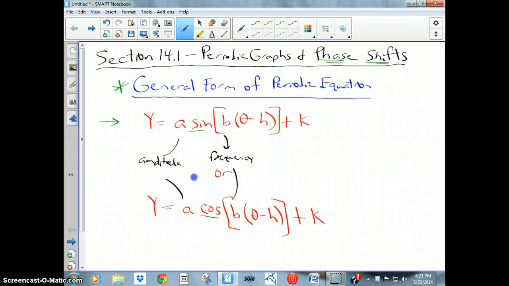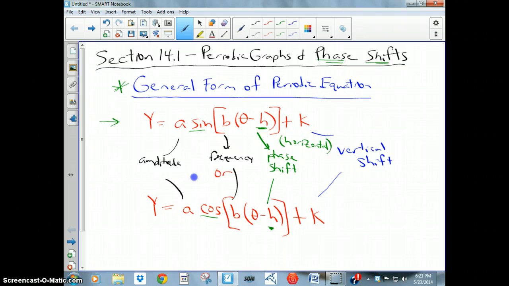But K on the last video was the vertical shift. And what this video is going to talk about and help you graph is the H value. The H value is called the phase shift, which is the same as the horizontal shift,